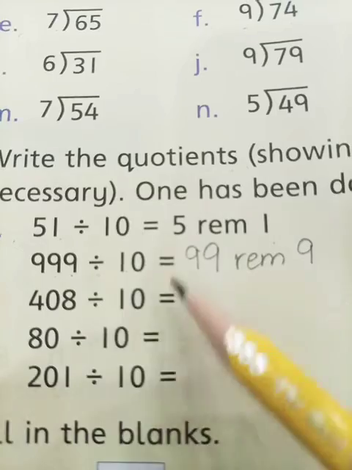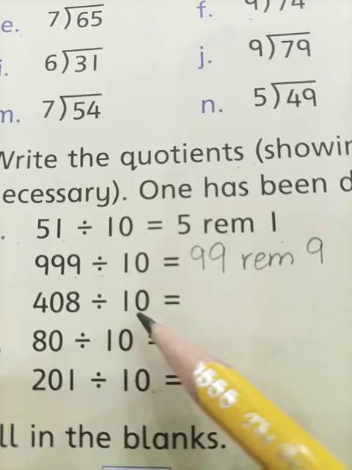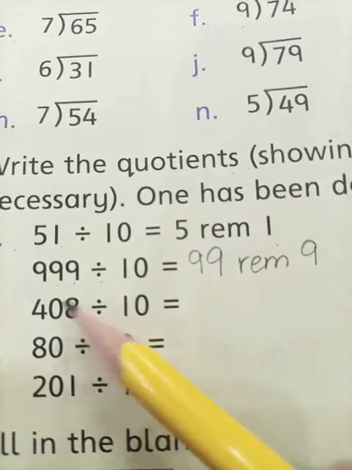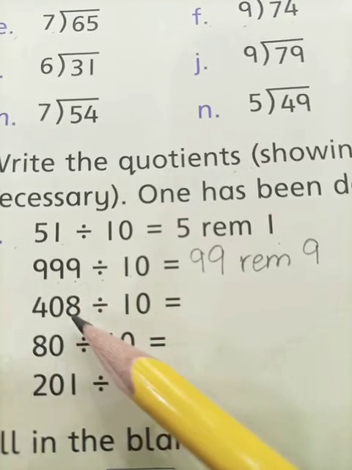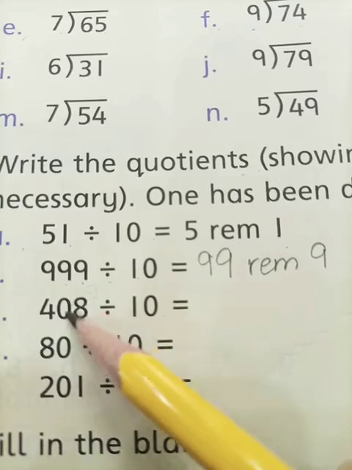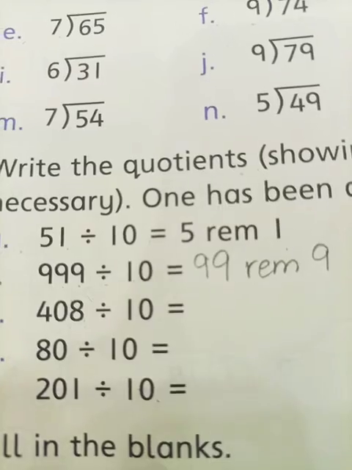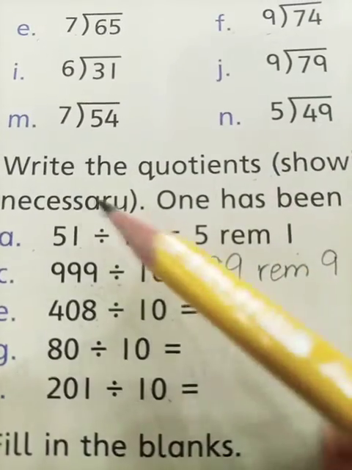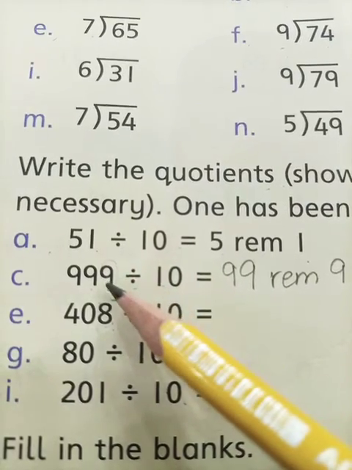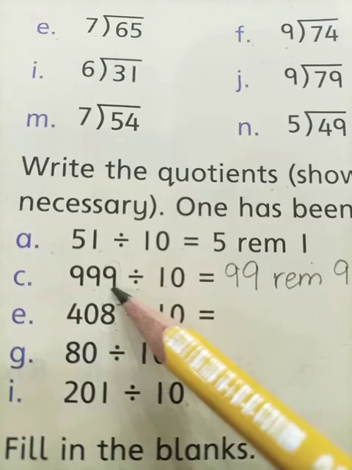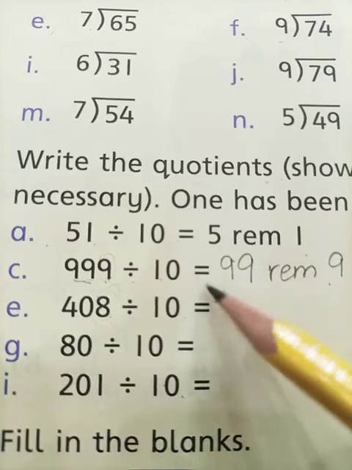Students, here is another trick to solve these questions that are divided by 10, and we have discussed it in the last lectures. Students, look at this. When a number is divided by 10, then the digit at the right corner will be the remainder, and the remaining digits will be our quotient. Okay, look at the questions we have done. This digit at the far right corner of the number is our remainder, and the remaining ones are the quotients.